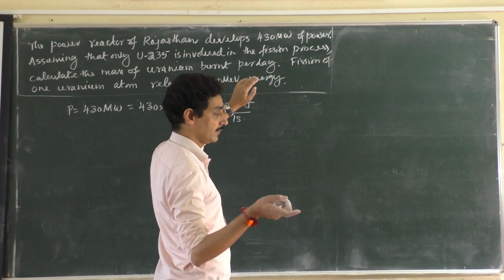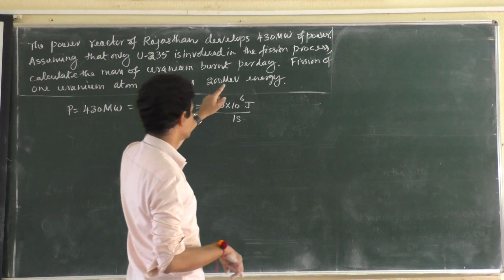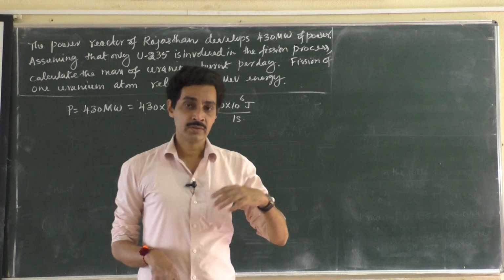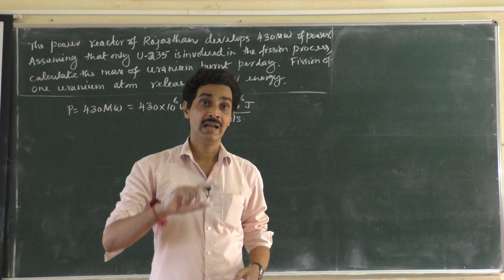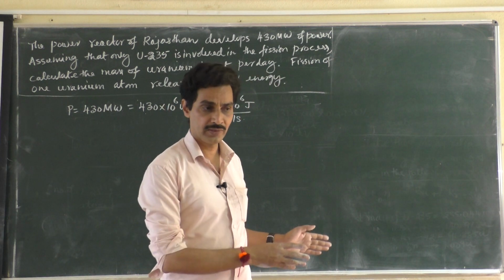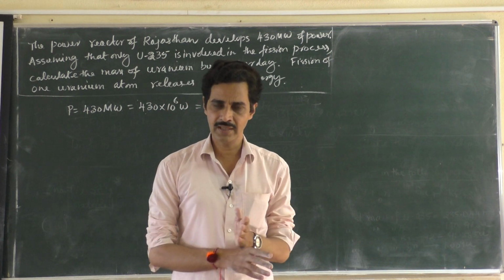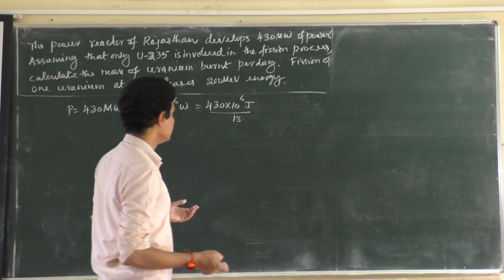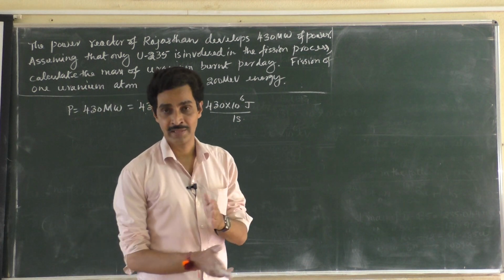Burnt means which is giving energy after losing mass. Fission of one uranium atom releases 200 million electron volt of energy. In the previous problem we had one challenge of finding out energy per fission also, because they had given all the reaction. We found the mass of products, mass of reactants, got the difference and then converted it into energy. But this time energy per fission is directly given. So much of work is minimized now.